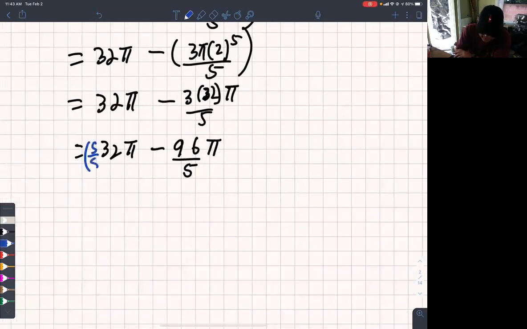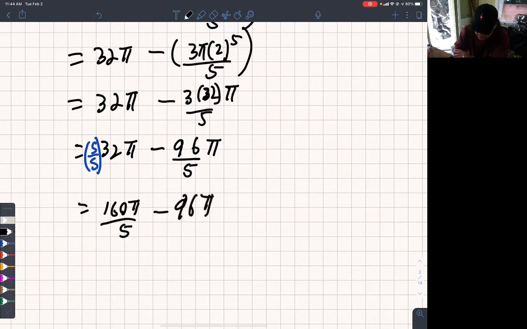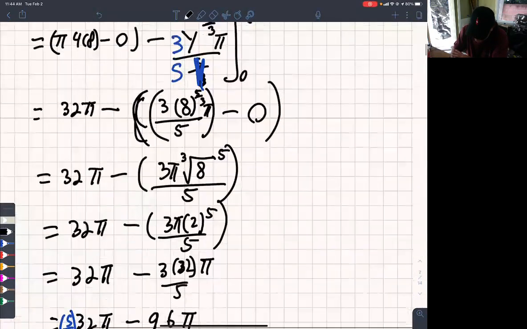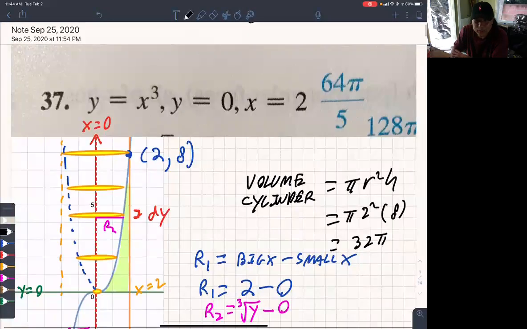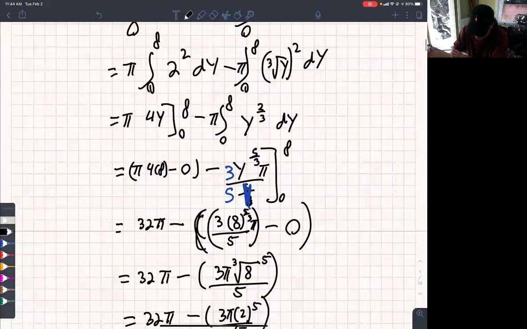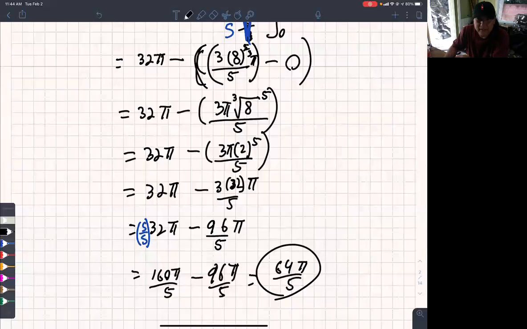So I'm going to multiply by 5 over 5. And that's going to give me 160 pi over 5 minus 96 pi over 5. And 160 minus 96, that's 64 pi over 5. Is that right? It's not ringing a bell, but hopefully that's right. Yes, I like it when it works out like that. All right, that's